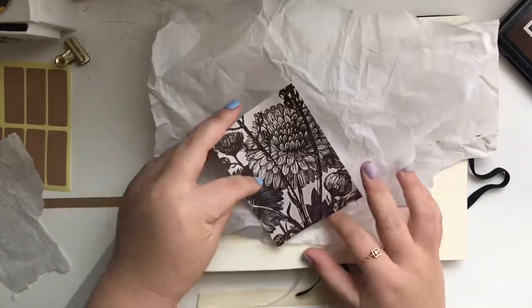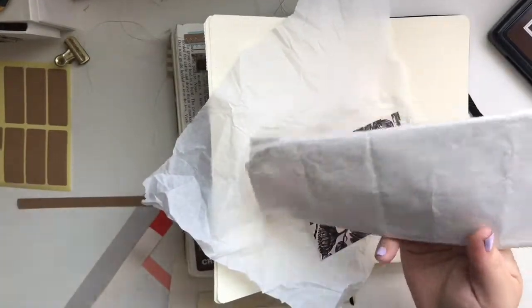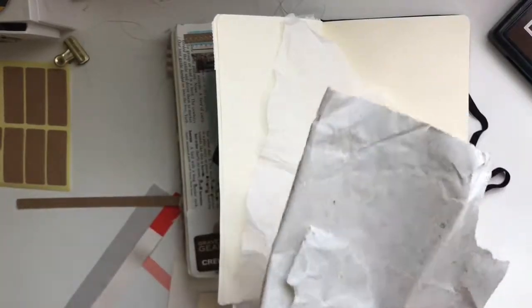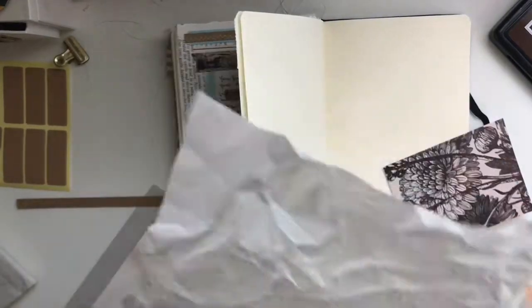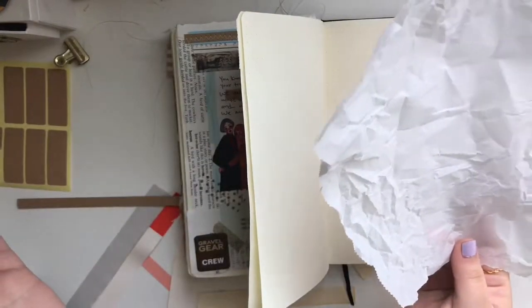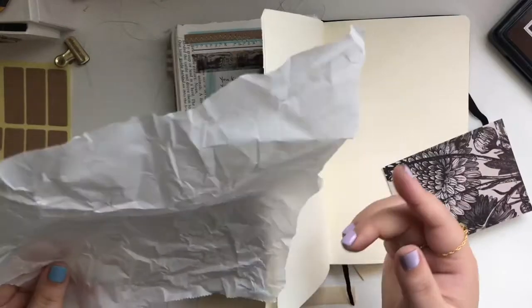So I have this paper, I think I got it from some kind of packaging, but I keep them sometimes if they have good design or if they look nice. So I kept this, and this is parchment paper, the one that you use in the kitchen. I bought the whole roll today because I ran out. I literally use it in the kitchen and also for craft. So